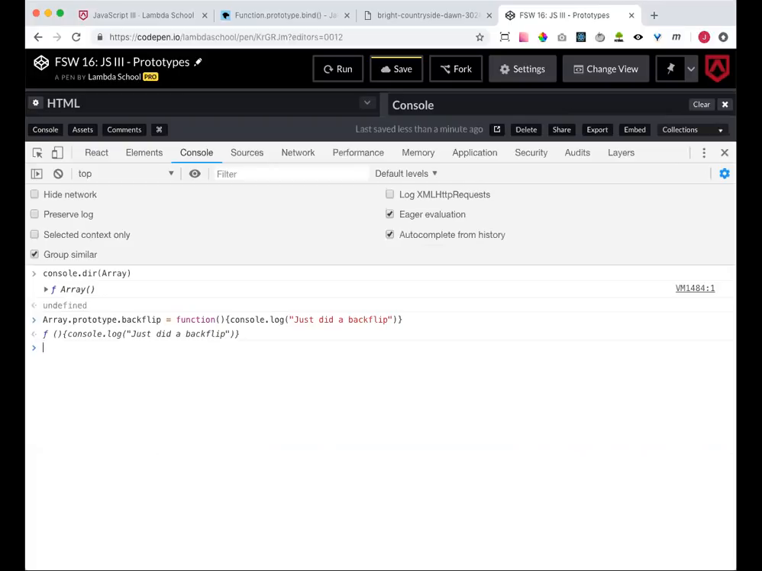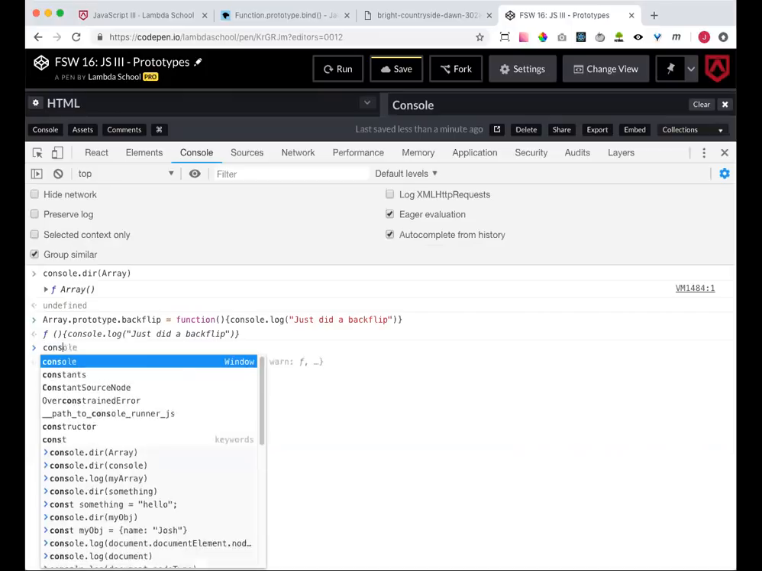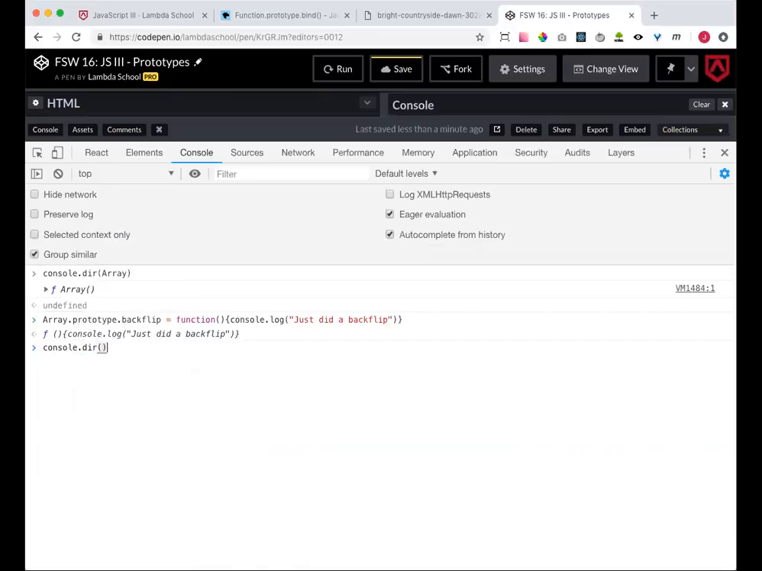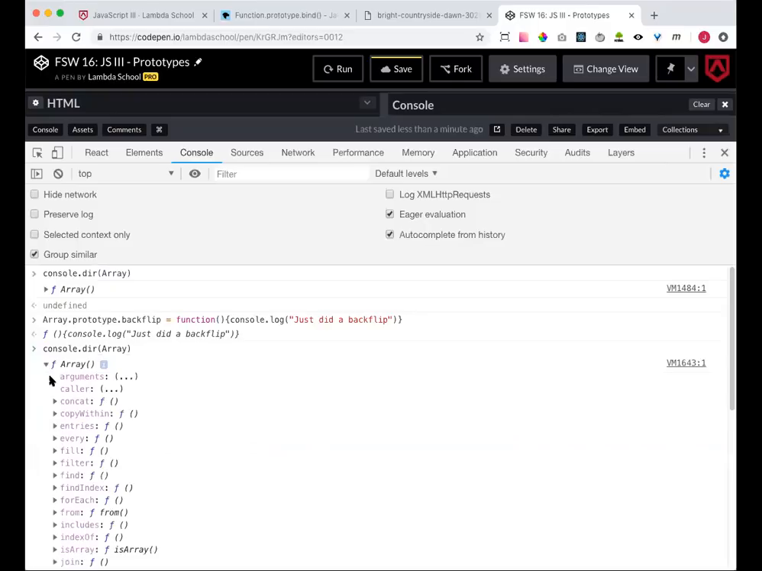And now what I've done, at least in my browser, this isn't going to hurt your browser or the internet, thank goodness, but I've actually permanently added a method to arrays. Isn't that crazy? So if I come in here and say console.dir array, and I open this thing up,